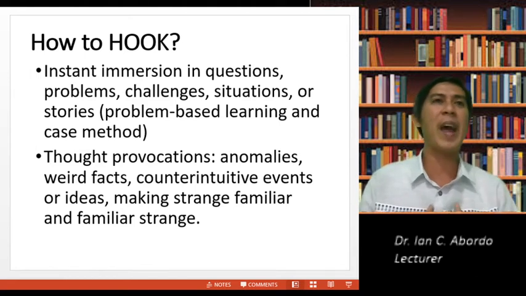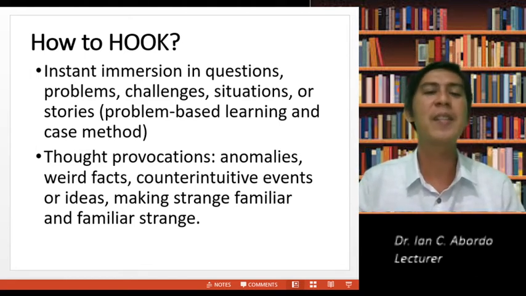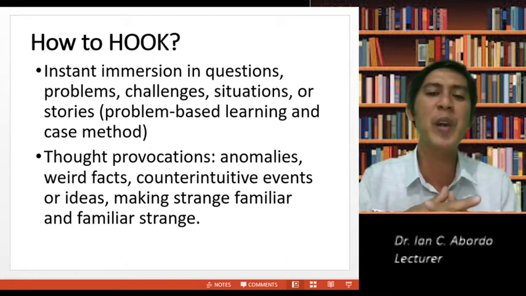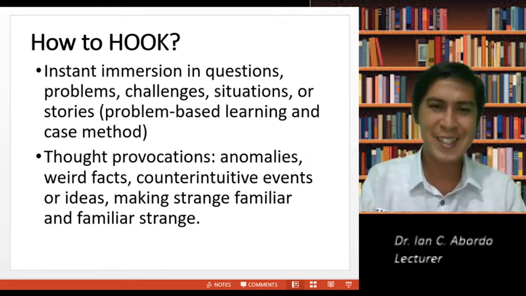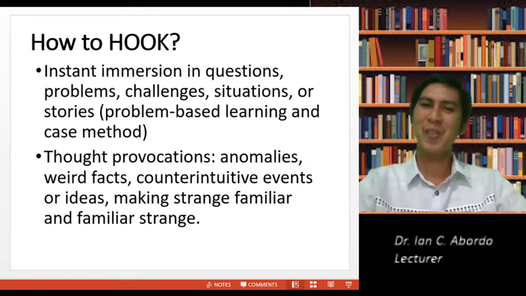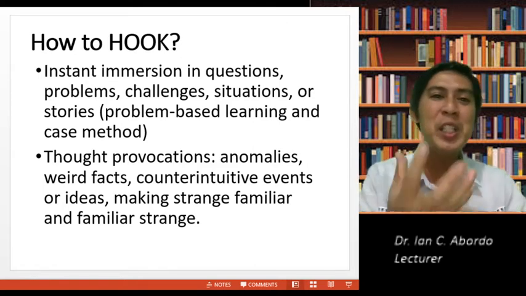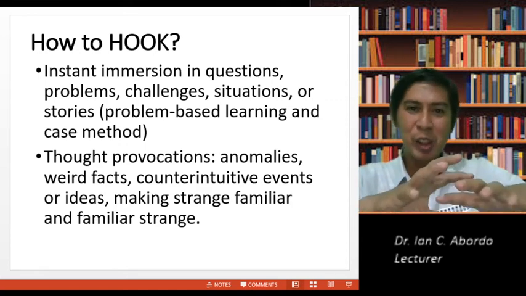Anomalies, weird facts, counterintuitive events or ideas. Then making the strange familiar and the familiar strange. You can write that if you're very talented in writing that way, and you can start the module with that hook.